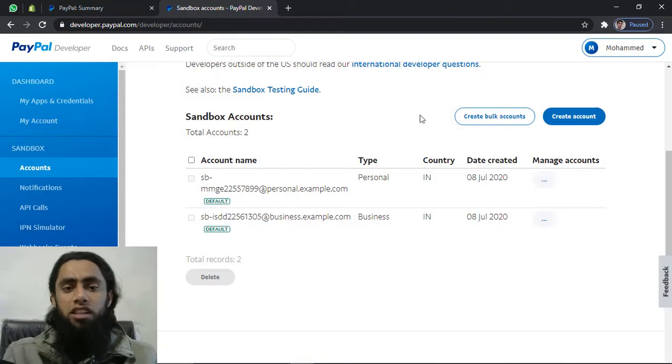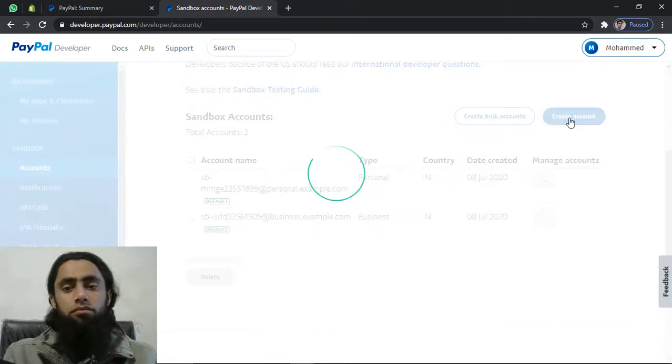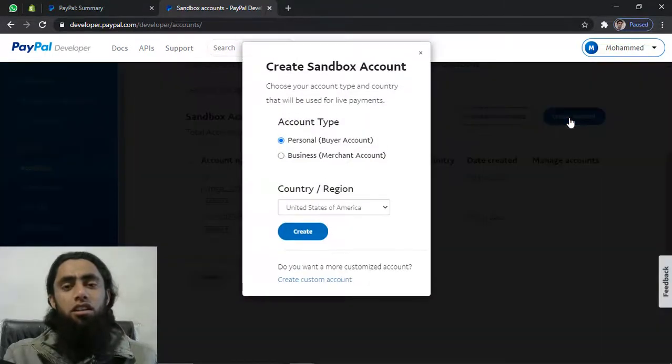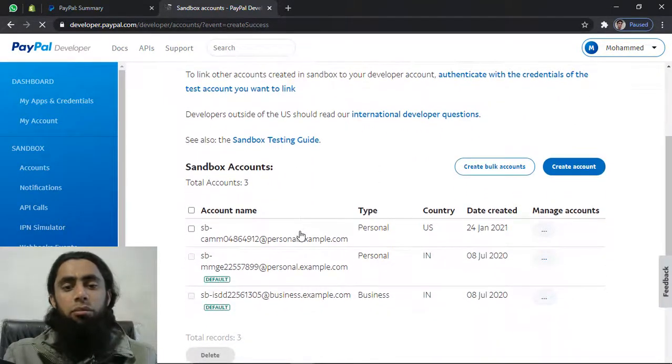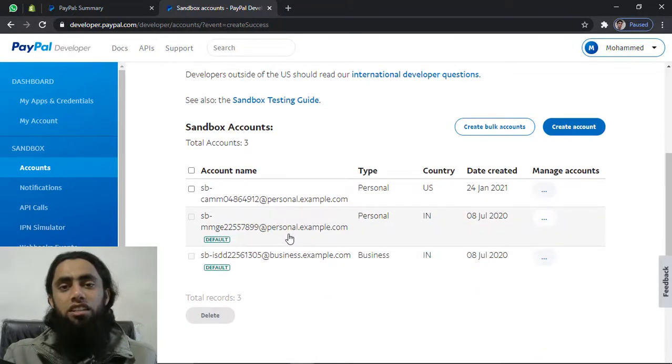All right. So for example, you are interested in creating more accounts. So now you should click on create account. In most cases we use the United States of America as the country while creating the personal or business account for sandbox purposes. So let's consider United States of America, then click on create. It is so because in some countries PayPal is not fully supported, so that's why when we take projects from other clients, at that moment we use the US as a country.